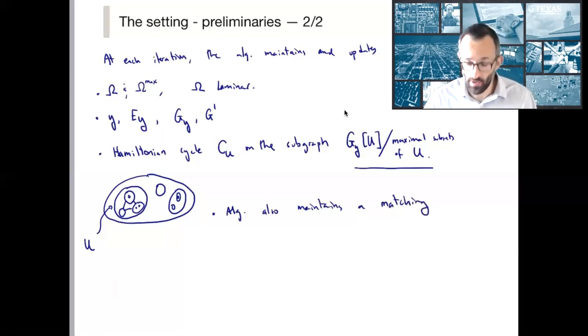A matching on G dash. And we'll see that this can be expanded to be a matching in GY. And if this matching is perfect, then it means that we're done, as we explained in the previous lecture. So again, to belabor the point, in the spirit of primal-dual algorithms, we are maintaining at all times a feasible